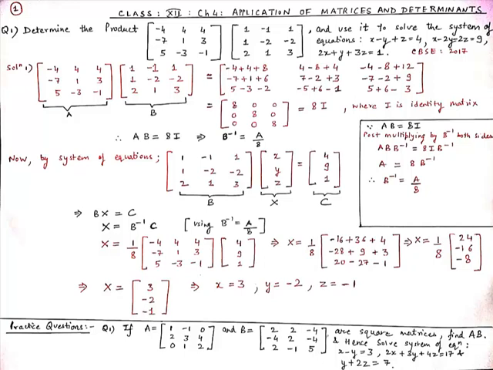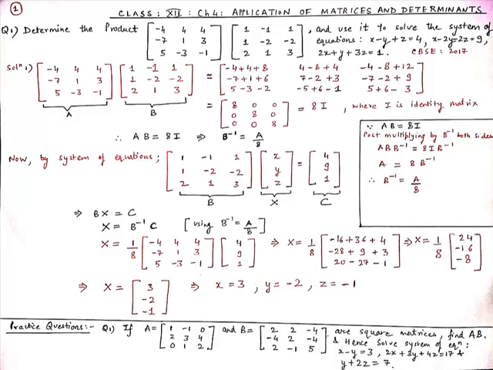So according to our question, first we will multiply two matrices. As you can see, the first one I have represented with A and the second one with B. So when we multiply both these matrices, you know how to multiply 3 by 3 order square matrices. First we will take all the elements of row R1 of matrix A and multiply it with all the elements of column C1 of matrix B.